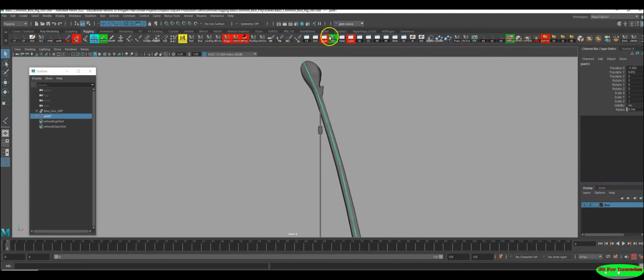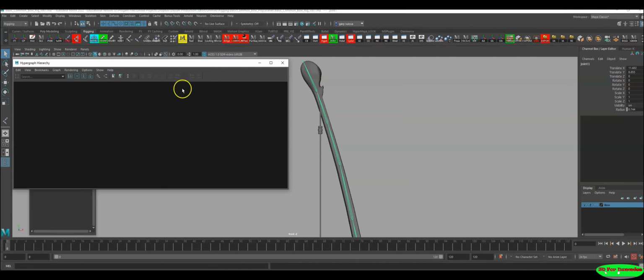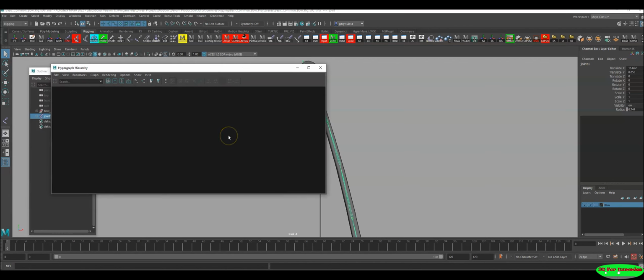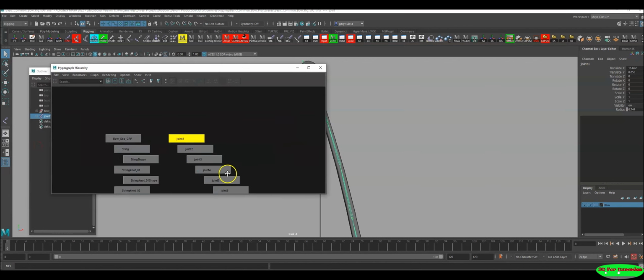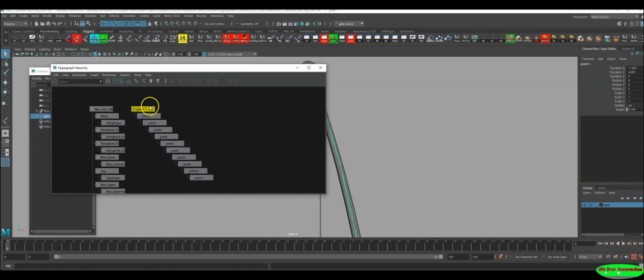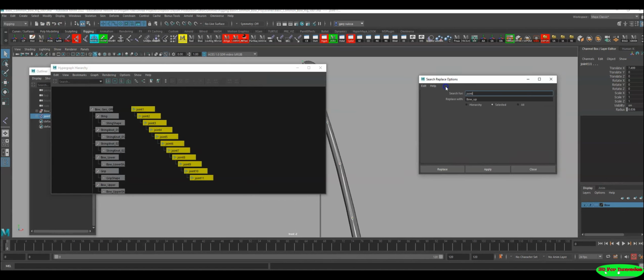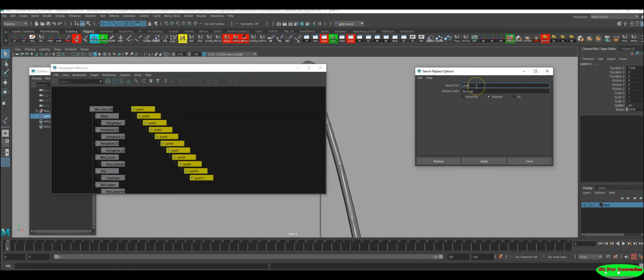Let's name these joints properly. Open up the hypergraph from the shelf. This is where you might need to open the shelf or upload the shelf. Hit the letter F so that now we can rename these joints from 1 to 11. Simply marquee select the hierarchy and look for the search and replace tool right here. See, you work efficiently when you get the shelf. Now you understand. I'm not going fast. I'm just utilizing the shelf